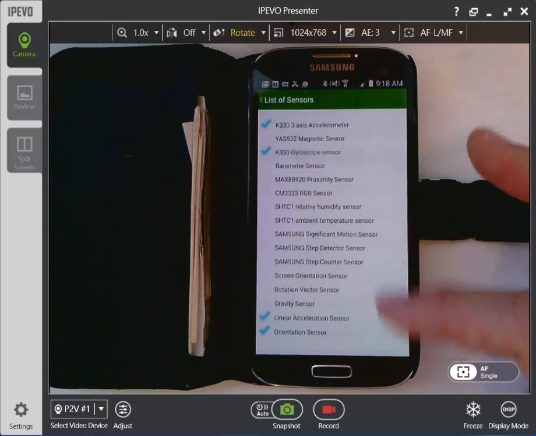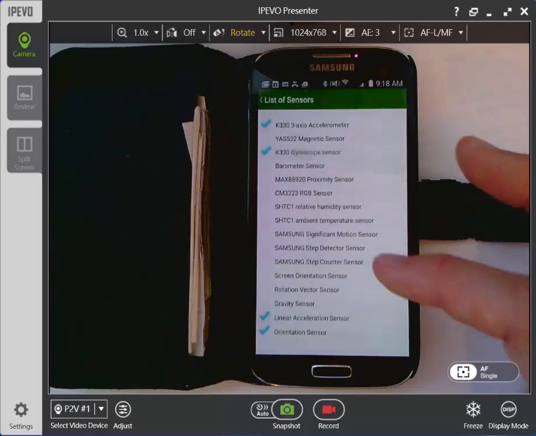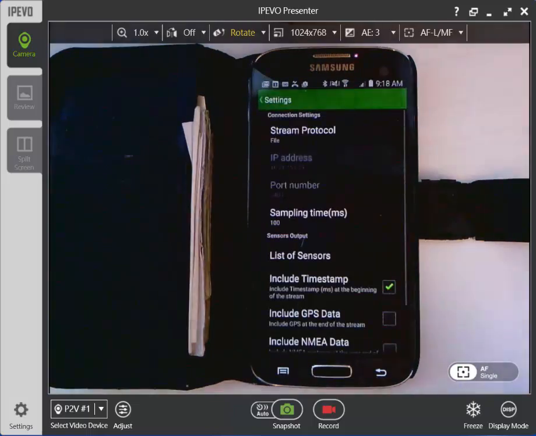In any case, you can choose whatever you want in here. Samsung has a step detector sensor, and you're welcome to experiment with that if you want, although obviously we're going to be writing our own, and I'm not sure how accurate this one is in any case. So select whichever sensors you want, and then once everything is kind of set up,